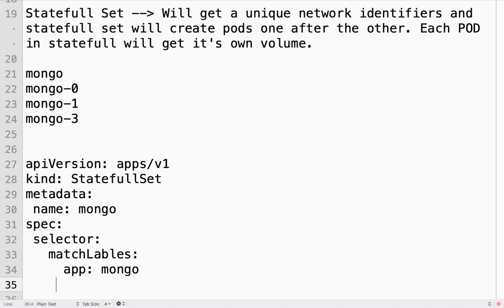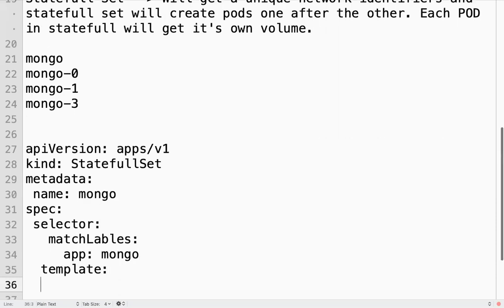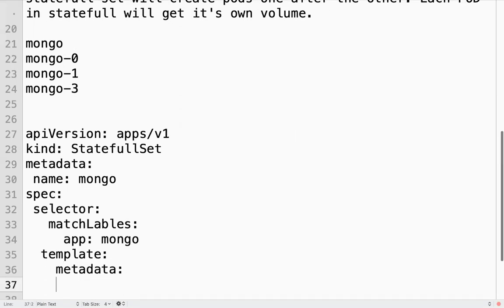Under spec, again you have a template, your pod template. Under this, you have to give metadata, name, Mongo.